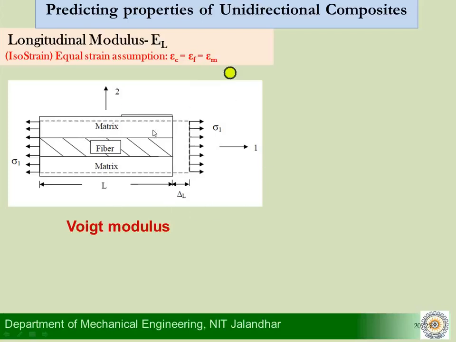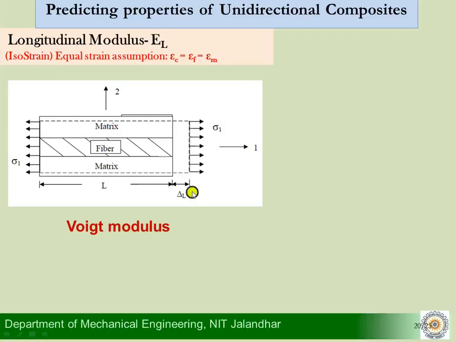So this is a graphical representation of what I am referring to here. This is a representative volume element, meaning I have taken out one fiber, and this is the fiber direction. So one direction refers to our L direction here. We have this fiber which is aligned along this one direction, or the L direction, and this is the second direction, which we say is the T direction, and we have the fiber here encapsulated in the matrix material. So when I apply a load along the one direction, what we observe is that there is a change in length. So a strain is produced, so the total length of the composite, which was already L before the application of the load, undergoes